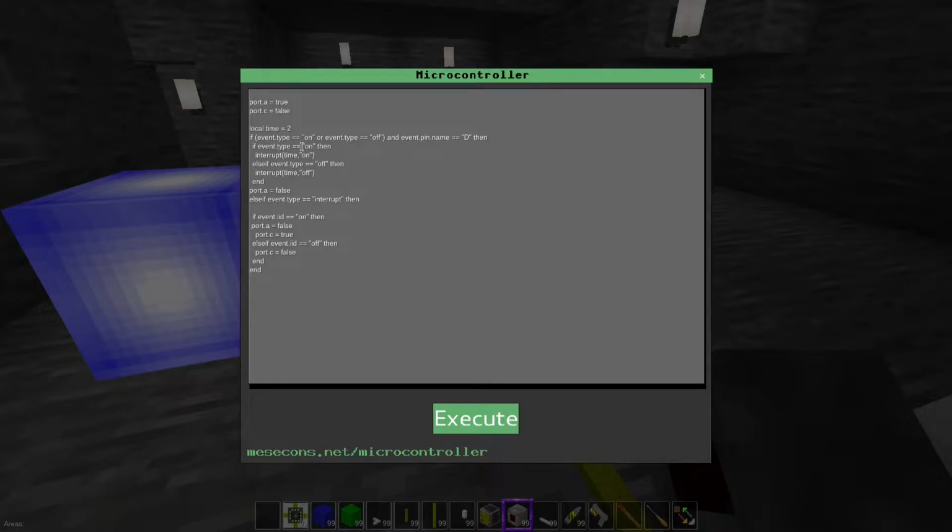So this event type, because this is Lua programming, if event type equals on, that's programming stuff, or event equals off. So on or off event, the event.pin name of D, which is my input, then it would do the interrupt time of 2 seconds. So then at the end of that code, I would tell port.A, the output, to be false, turn off. So when this event ID equals on, you would get the opposite of opening. It would cause port A to have the interrupt,